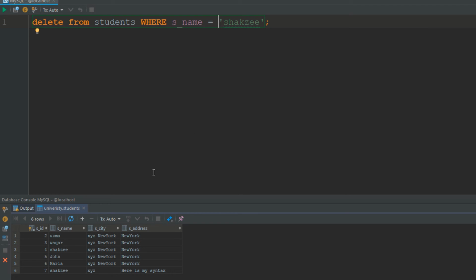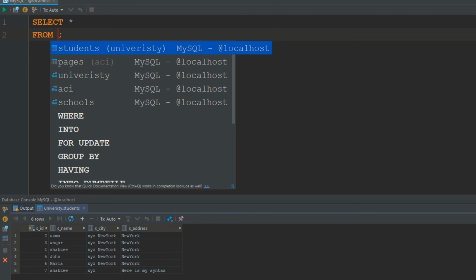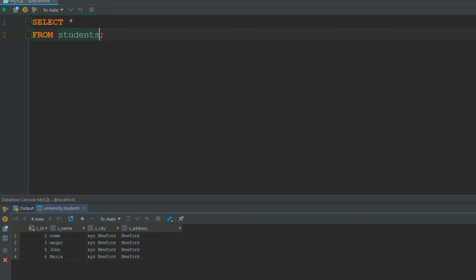Now as you know, we have 2 records with the name Shekhzi. So if you are doing this, that means you are going to delete those records. So now I have just deleted. Now I am saying select star from students, control enter. So now as you know, you have just deleted the 2 records.